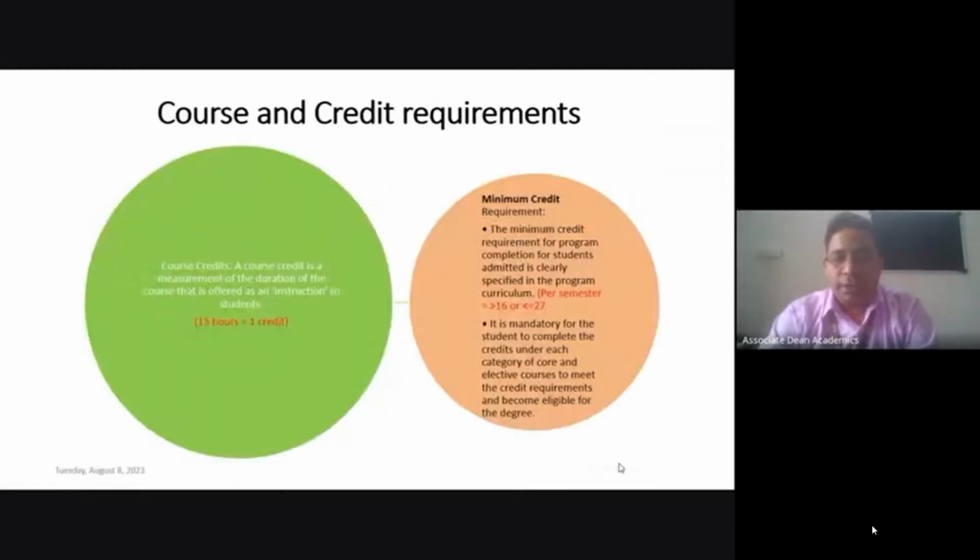Okay? Then course and credit requirements. As I mentioned already, whatever type of courses you are going to study in a particular semester, every course will fall under the five fixed categories we discussed. I mentioned already: LT, LP, LTP, P, and PJ. So for every course, whether it is an LT course or LP or LTP or P or PJ, there is a predefined number of credits associated with every course. Any particular course may be of 1 credit, maybe 2 credit, 3 credit, 4 credit, or depending on the course type, it can go up to 20 credit also.